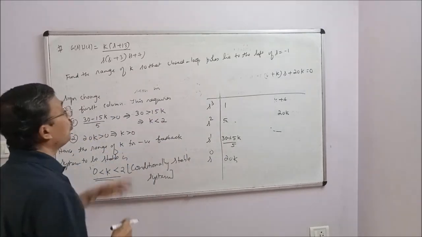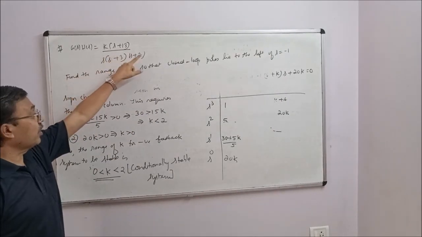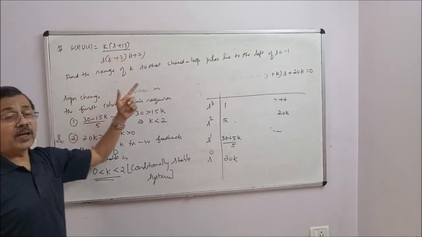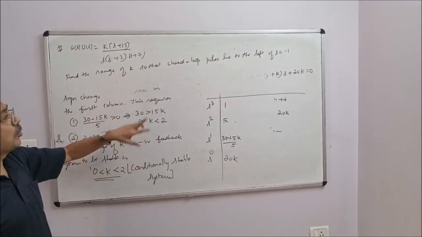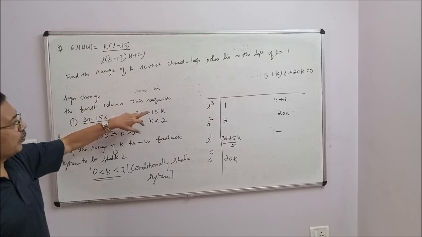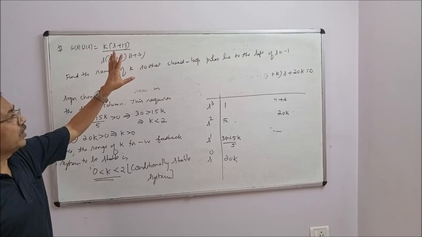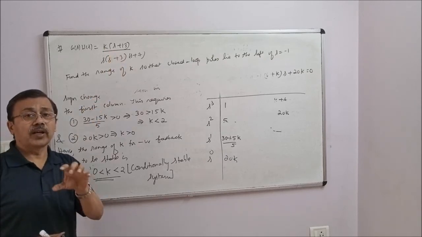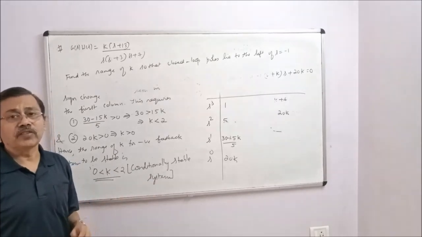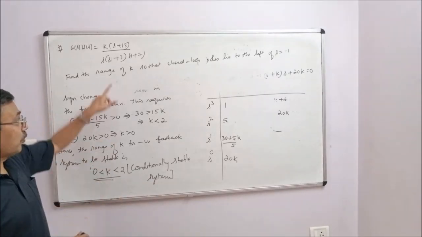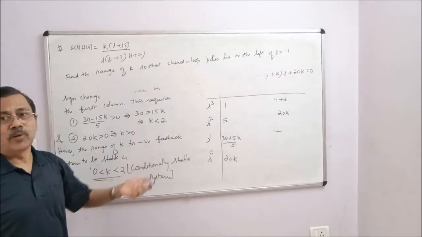See, closed loop poles means roots of the characteristic equation. The hint is write the characteristic equation, then replace S by S1 minus 1, form the roots array, and do the problem like we have done the problem previous to the present problem. So you have to find the value of K so that the roots lie to the left of S1 equal to 0. S1 equal to 0 means the left of S is equal to minus 1. Please take this problem seriously and work it out. Next class we'll do some more problems if possible.